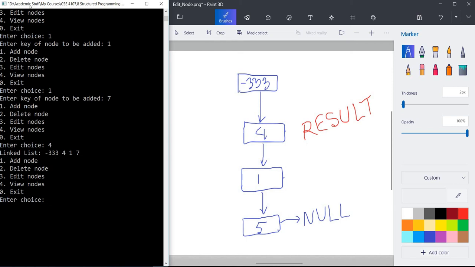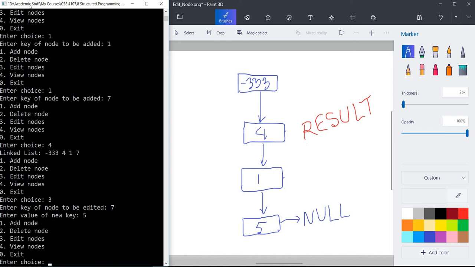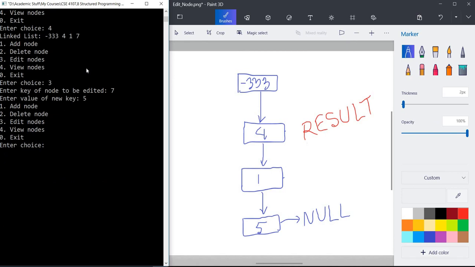So now if we edit the node, we want to edit the node, so we will give the choice 3 and the value of the node to be edited, which is the key value 7, and the value of the new key, which is 5, right? So now it should be edited. Let's check whether it's actually edited or not. So let's give 4 to view the nodes,